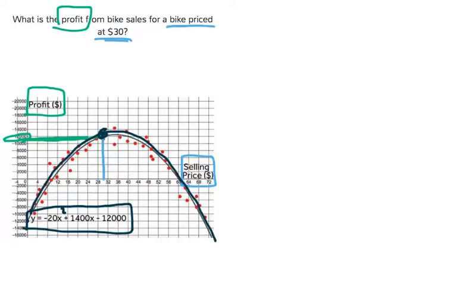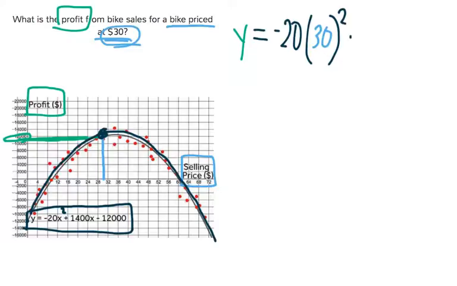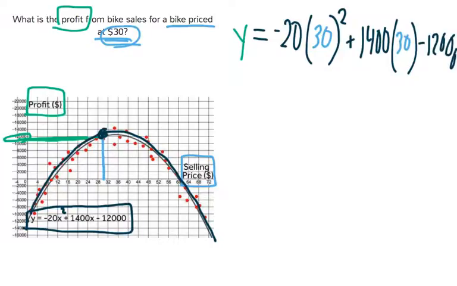I'm looking for the profit, so the profit will be y equals negative 20x squared. My x value that I'm looking for is the 30, so I'm going to plug in 30 for x: negative 20 x squared plus 1400 times x, which again is 30, minus 12,000. Okay, so then I'm going to get y equals,